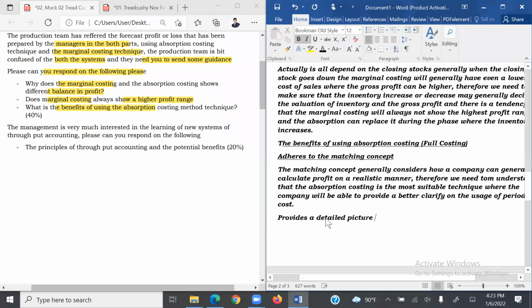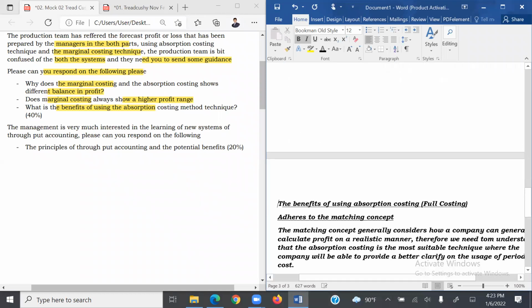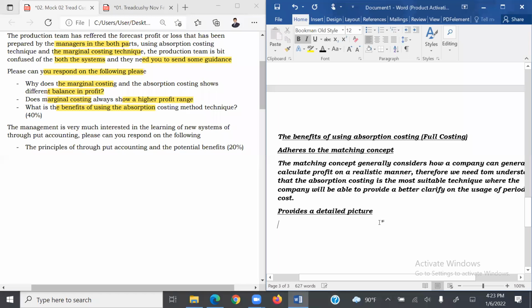So if you do not mind, students, let's start working on this application. It's not so difficult. It's very critically important that you are clear with that. It provides a detailed picture. So I'll write down here, generally, the company will get a detailed picture